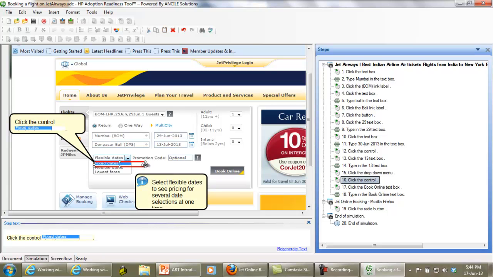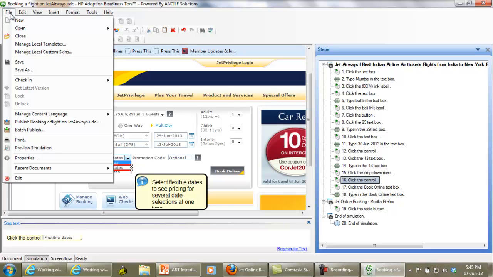Or if I wanted to change this example and have people select flexible dates instead, then all I have to do is move this rubber band down and it will change it to selecting flexible dates instead. So that allows you to create variants of different test scripts without you having to create a whole new recording. So once you're ready and your simulation reflects your test script and you're ready to use it, then all you do is say File, Publish,